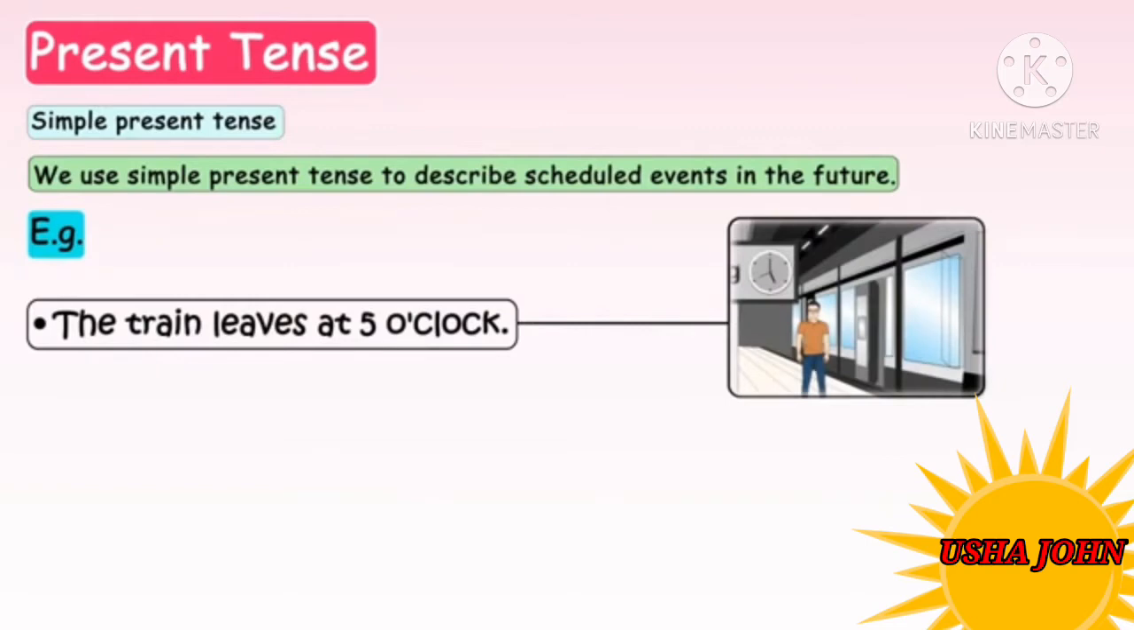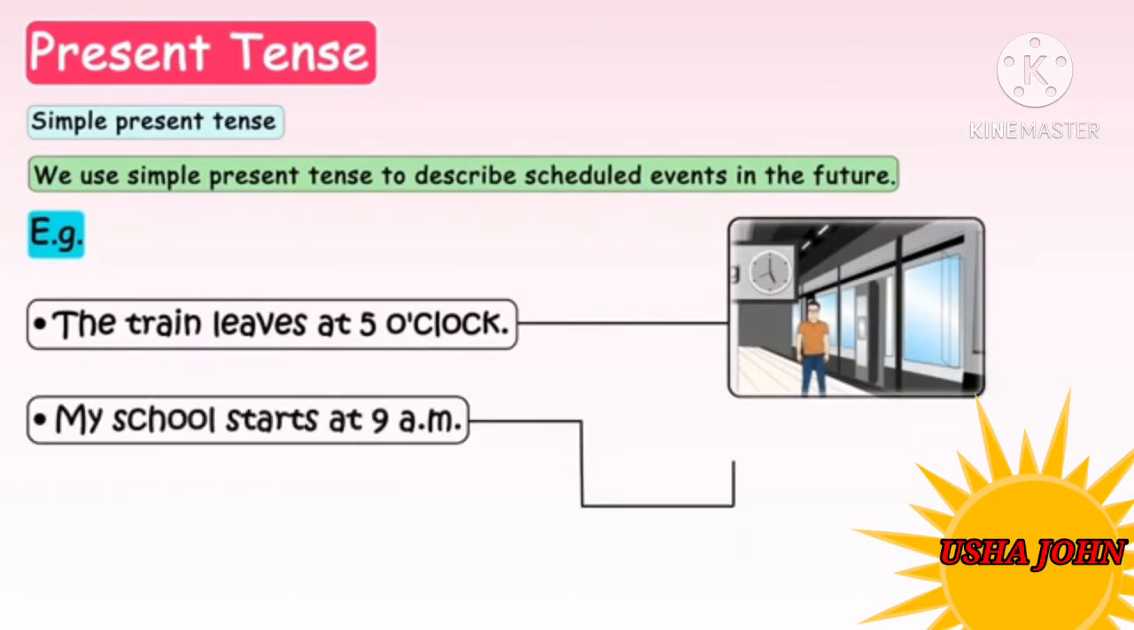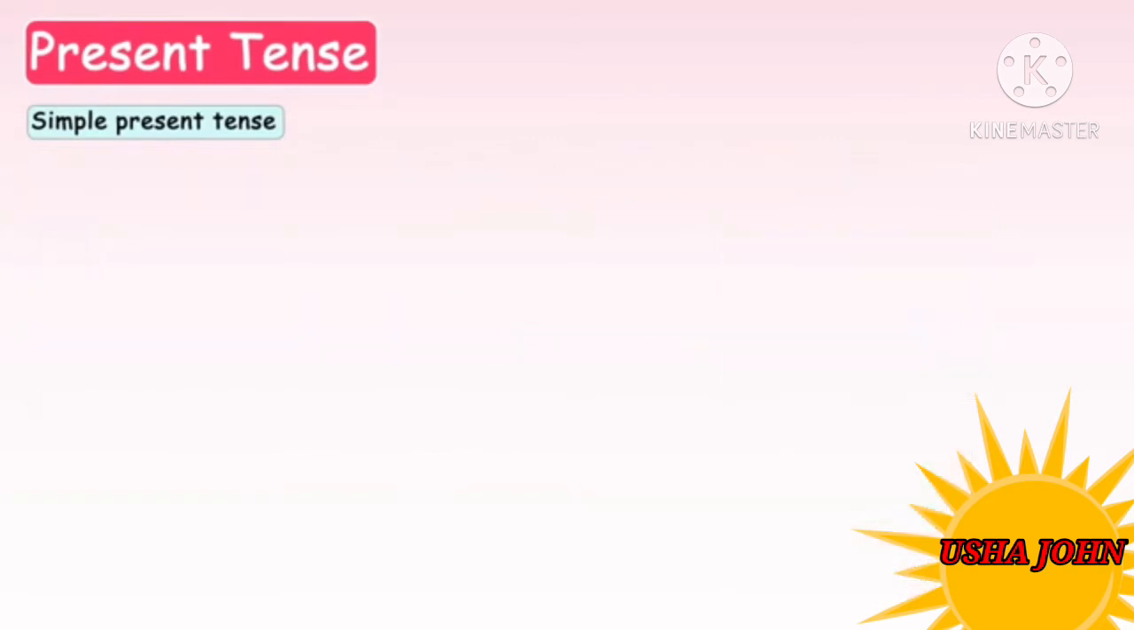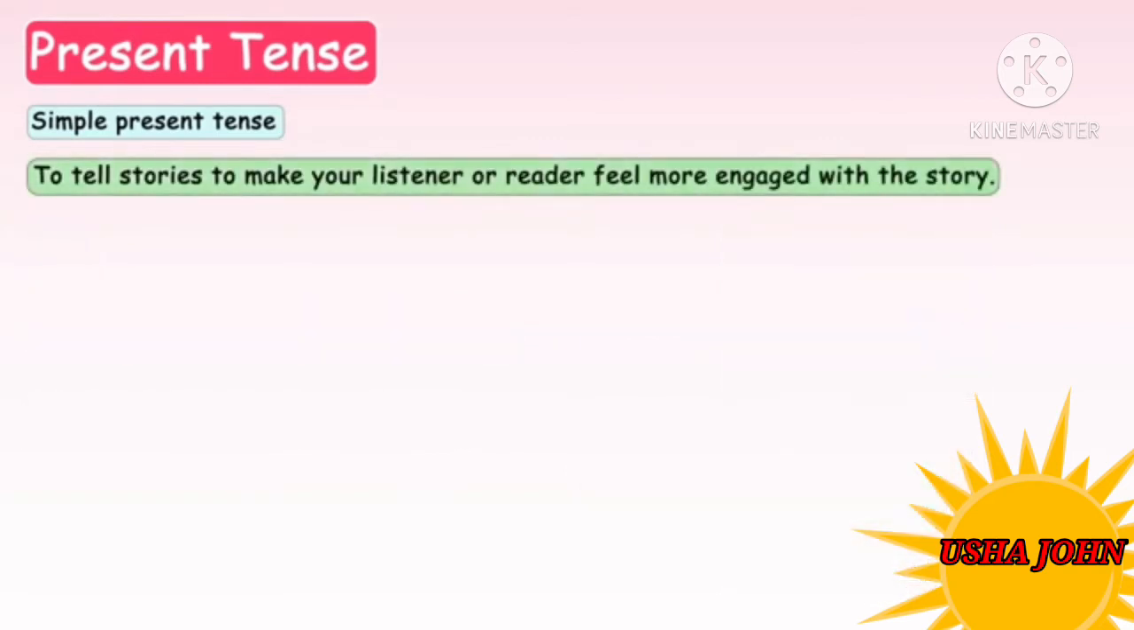scheduled events. The train leaves at 5 o'clock. My school starts at 9 a.m. That is scheduled. Next, to tell stories to make your listener or reader feel more engaged with the story, we use present tense. Example: